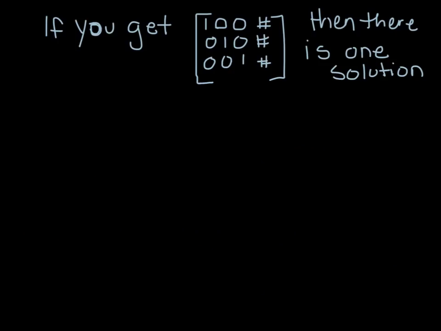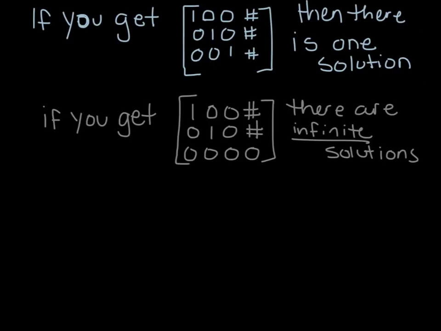Now, if you're doing your augmented matrices and you come up with an answer and you get the diagonal of ones like this, with 0s in all the other spots and numbers in the last column, then you know there is one solution, and it's this number, this number, this number, like we just did. However,